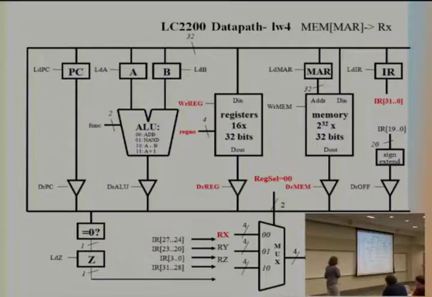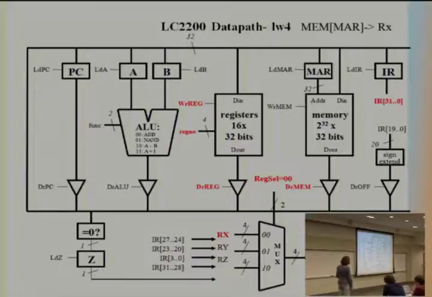And the last step is to actually read what is on that address and store it into Rx. So now I'm going to set drive memory to 1 so that I can read that content. And I'm going to write into my registers. So write register has to be 1. And to find the address where I'm going to write, I need to set register select to 0, 0 so that I can write on Rx, and that will give me my address, and this will give me permission to write. So once I have that,